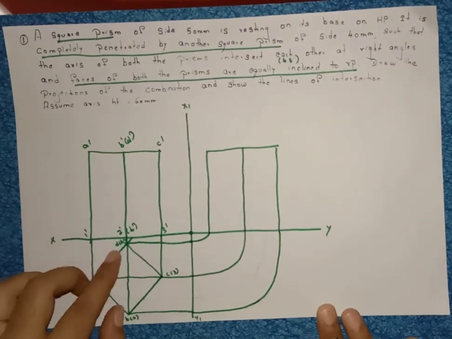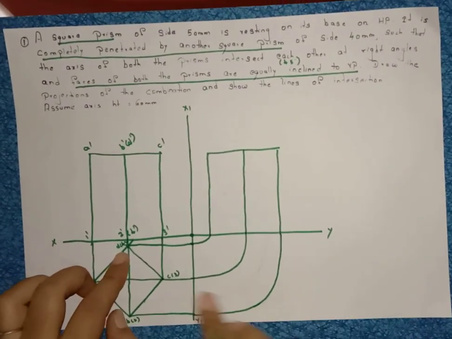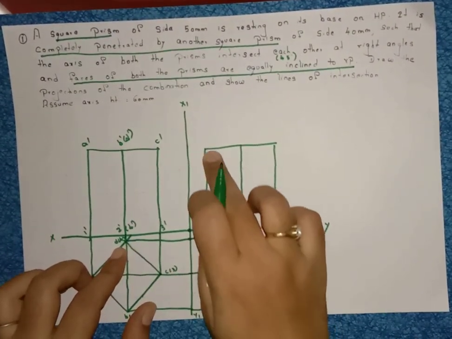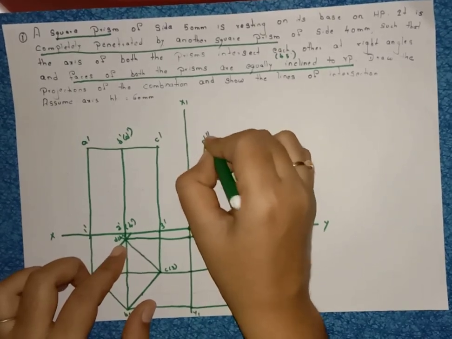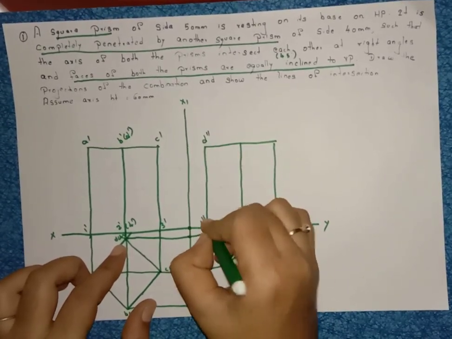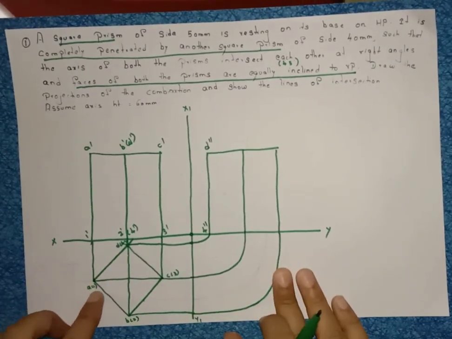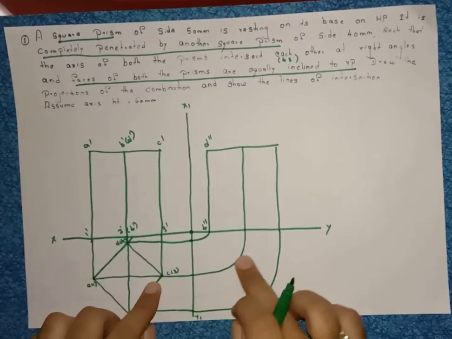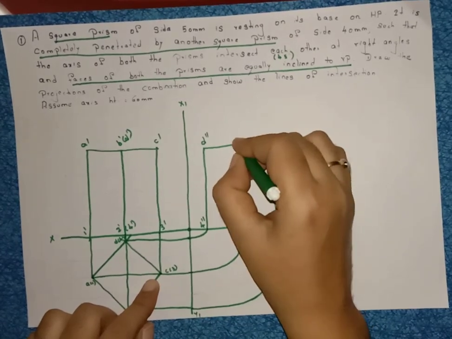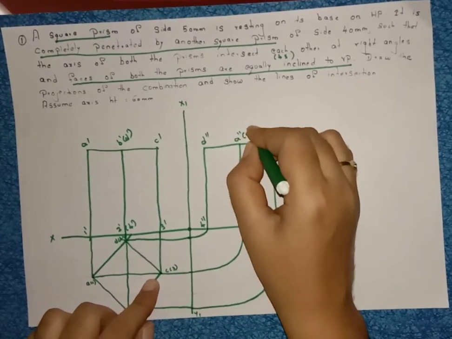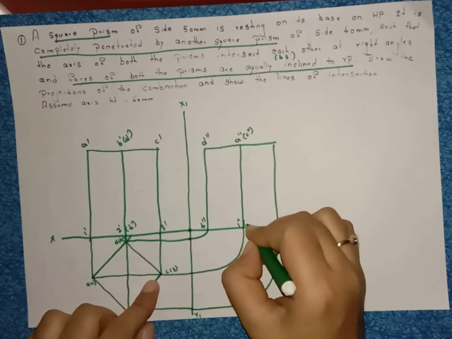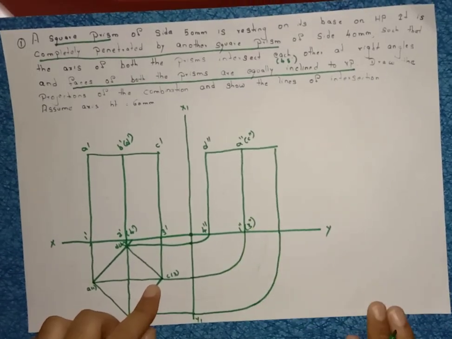Right, what is the point here? D of 4. We are projecting this line D of 4, so name it as D double dash and 4 double dash. Side view is represented with double dash. Then next, A and C, we are drawing a straight line, A double dash of C double dash, 1 double dash of 3 double dash.